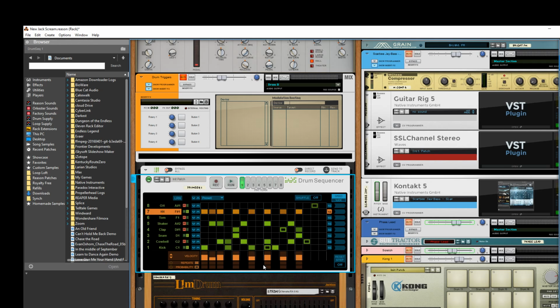And another important thing to do here, and I've done this to all of the pads, is you create additional groove by varying the volume, right? Because they're all hitting at the same distance until you put the groove patch on, but you create groove by varying the volume. So you've got sort of a swinging